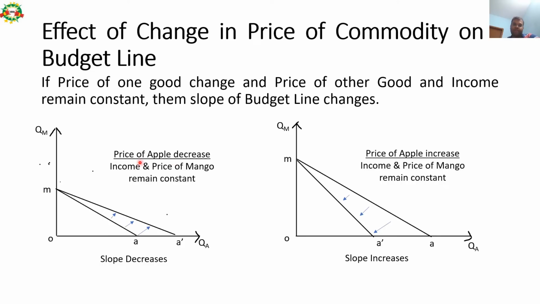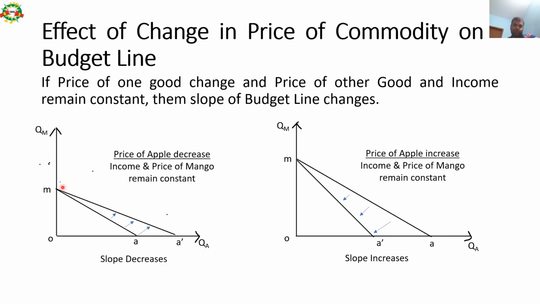So if price of apple decreases, for example, then this is the original budget line. If price of apple decreases, the budget line will move from this direction to this one. So its slope will decrease. Now it will move from this point to this point, because with the given budget the customer can buy more apples, but since price of mango is constant, with the given price the customer will be able to buy the same